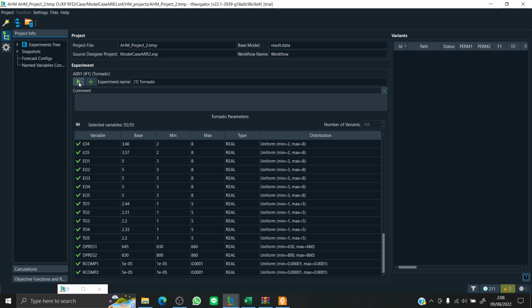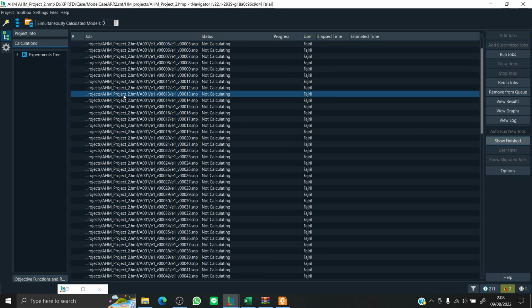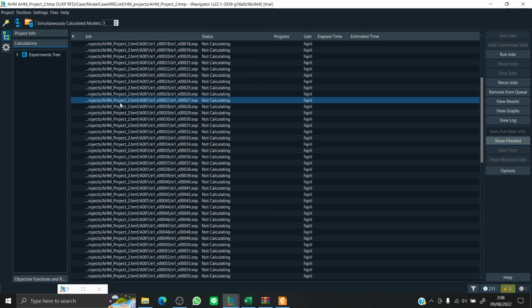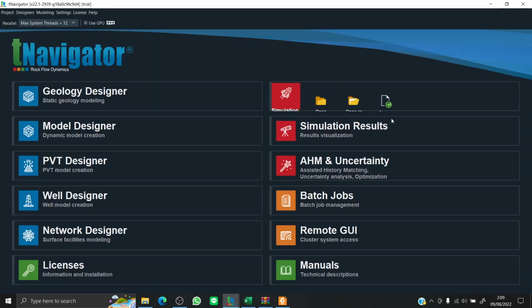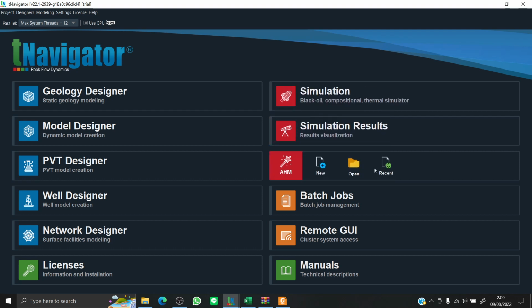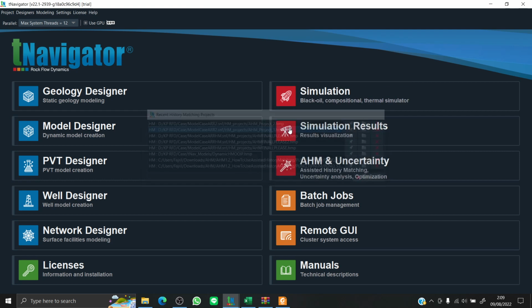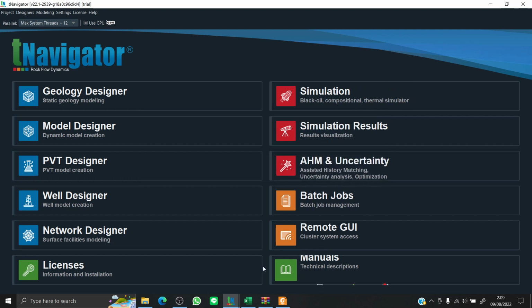You can stop your experiment via this button right here in the calculation step. And I'm just gonna open my previously calculated tornado diagram in the AHM project 1 file. So I'm just gonna wait until the file is opened in the AHM.